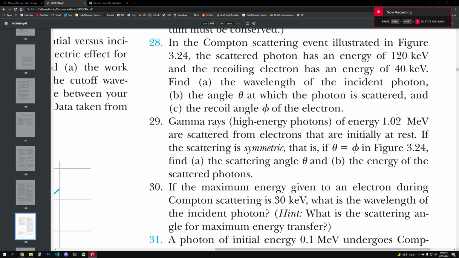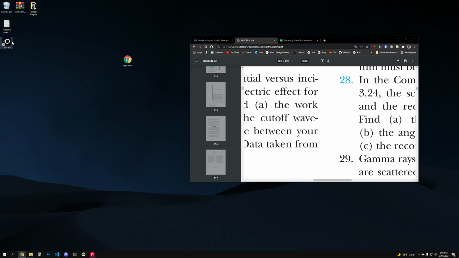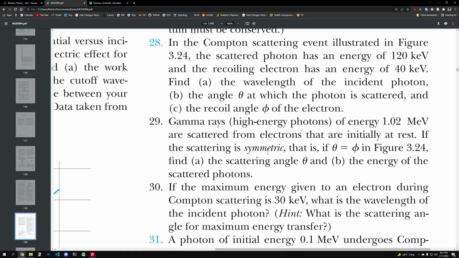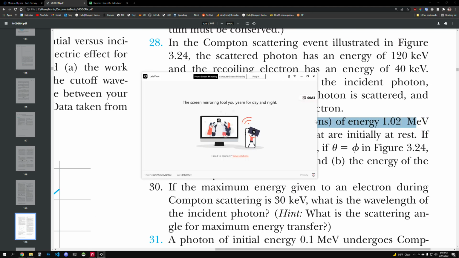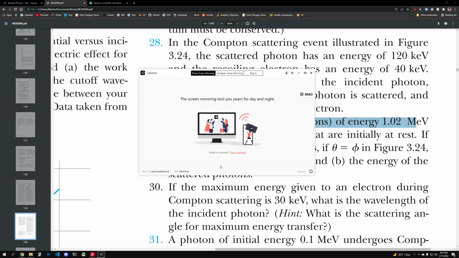Hey, so let's do number 29. And let me open up live view in a second. But the question is that we have a gamma ray, so high energy photons with 102 mega electron volts, which is actually enough to form that pair. But we're not forming a